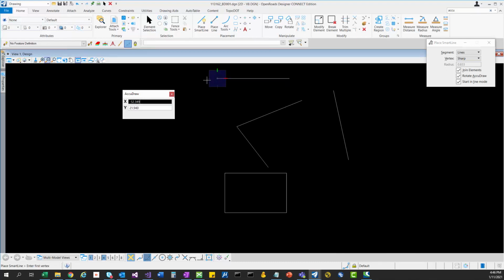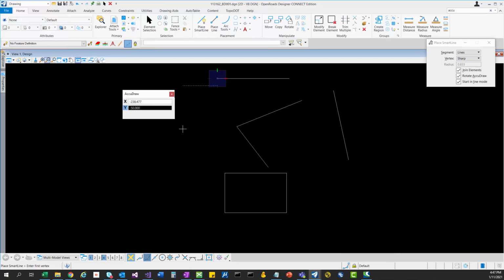Some basics here: you notice as I move my cursor around, the X and Y in my AccuDraw are getting highlighted. If I move my cursor down here, you'll see Y is being highlighted. So maybe I key in 50 here, and once I hit enter, it's going to lock that Y value, so I can move my cursor all around and it's going to keep that Y value at 50. Another thing you could do is say you didn't know what the value was, and you just wanted